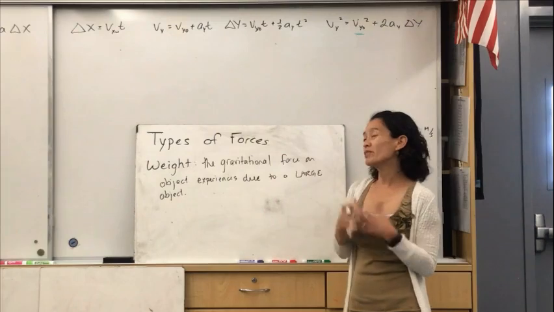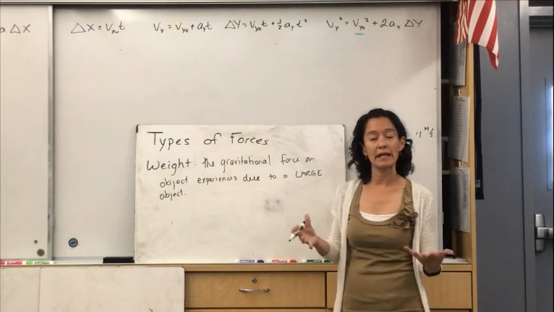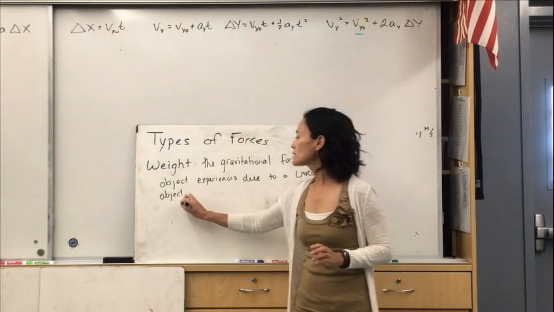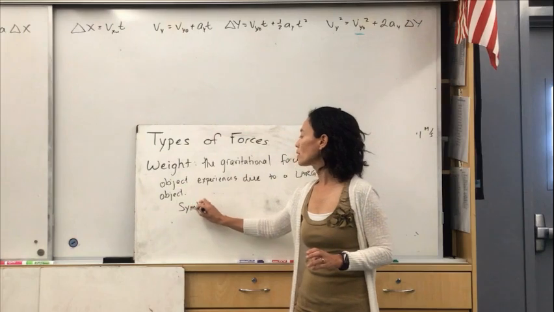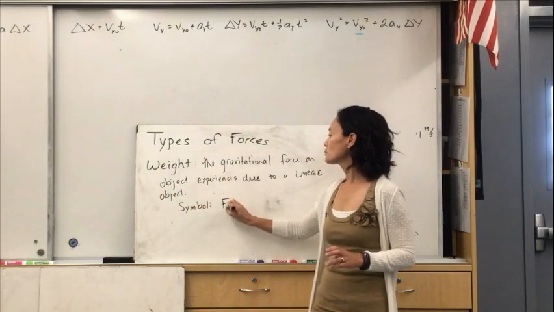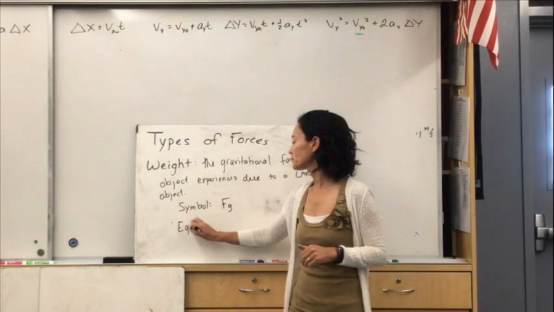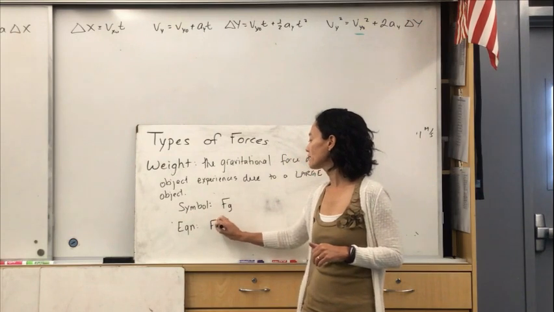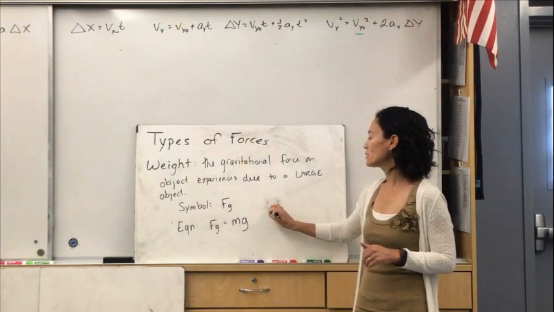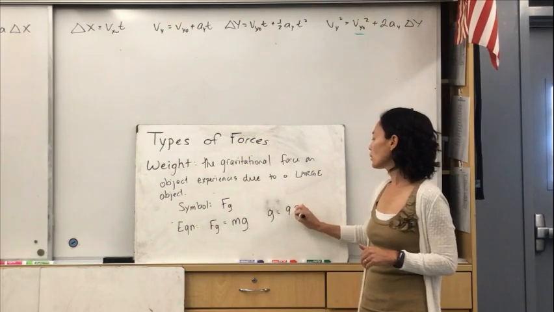We will go into kind of the nuances of how that gravitational force is different on different planets. But for right now, we're just looking at what is here on the Earth. The symbol we are going to utilize is F sub g, gravitational force. The equation for it is that Fg is equal to mg, mass times gravity, where this g value is 9.8 meters